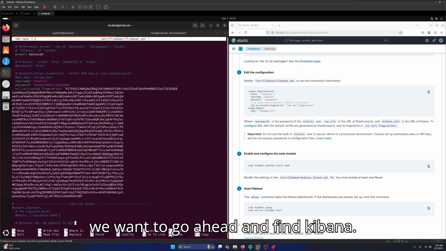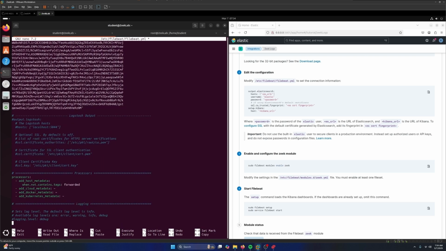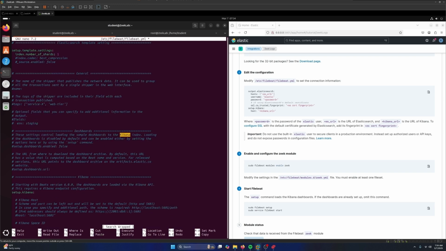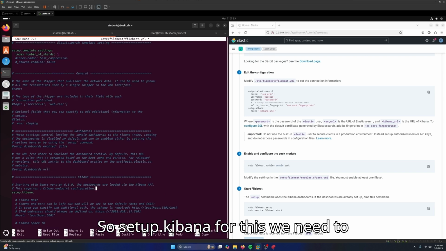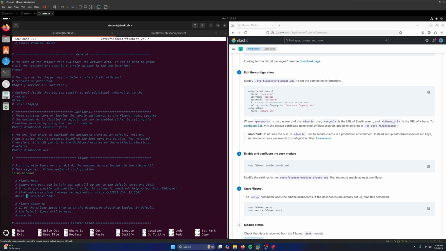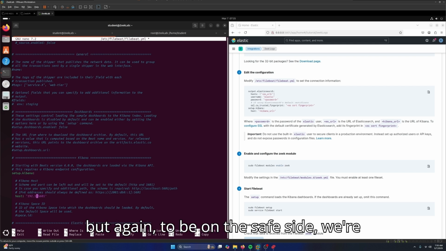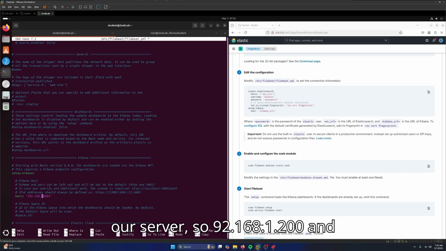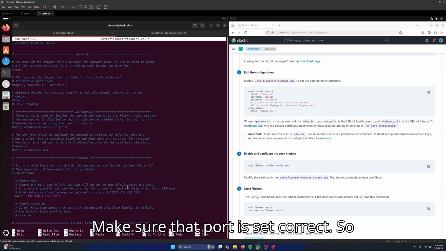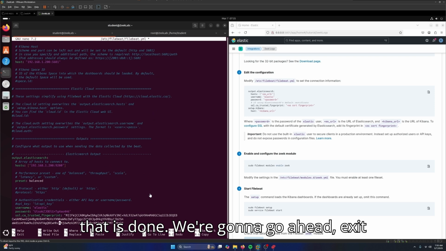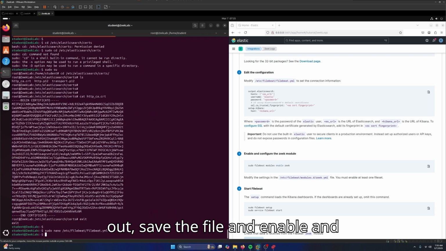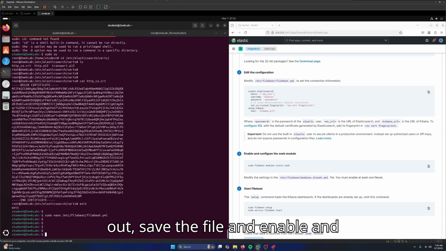Now we want to go ahead and find Kibana. So setup.kibana. Here we need to uncomment the host. Again, I think localhost should be fine, but to be on the safe side, we're going to go ahead and type in the IP of our server. So 192.168.1.200, and make sure that port is set correct. Once that is done, we're going to exit out, save the file, and enable and configure the Zeek